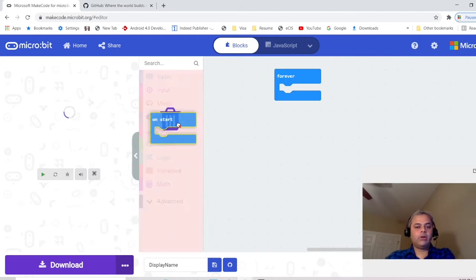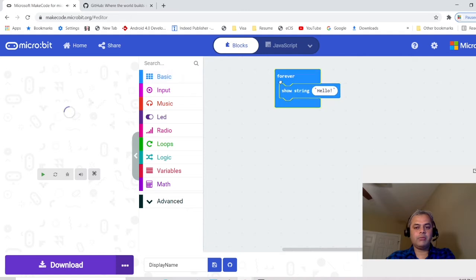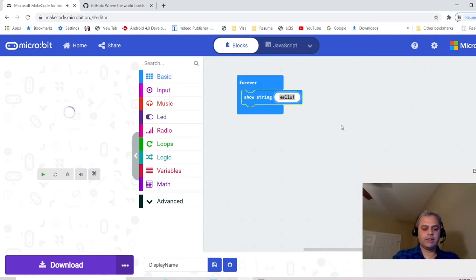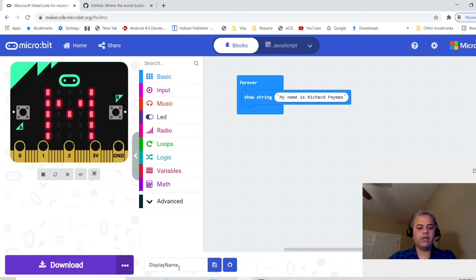So let me get rid of the on start block. I'm going to do something really simple. I can say my name is Richard Feynman, right? And I've already supplied the name of the project here. So I have two options. Either I can save it locally, which is what this button does. It saves the hex file